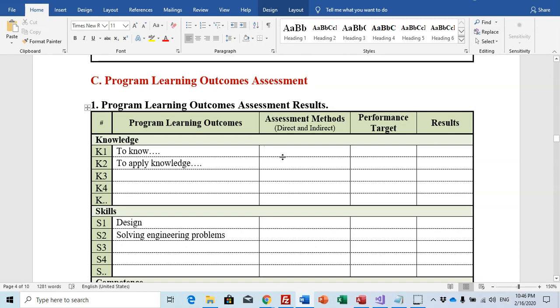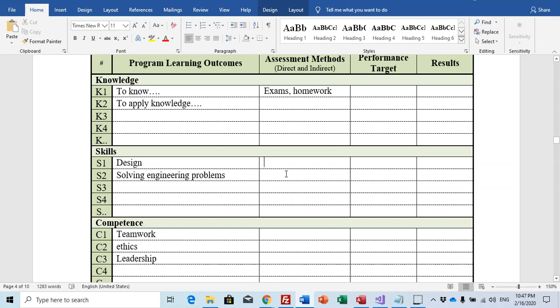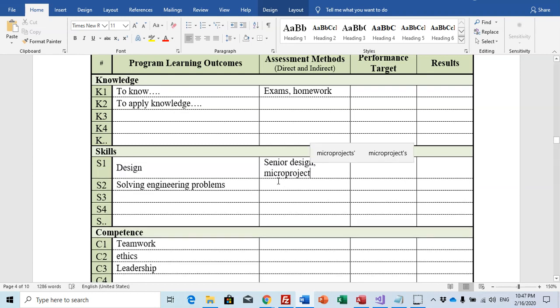For example, for this, maybe you can write exam or exams. This is also maybe exams, or you can write homework. This is all the same for design. You can write maybe senior design or something, or micro project, for solving maybe also exam, and so on.